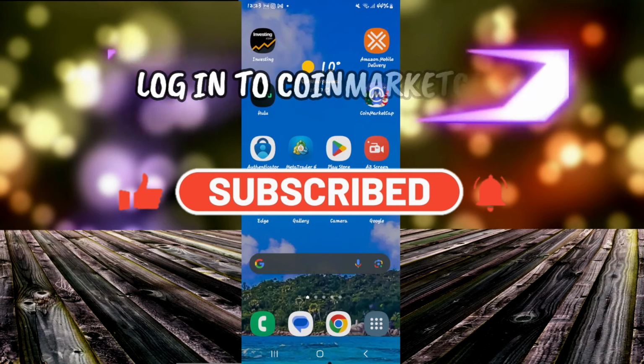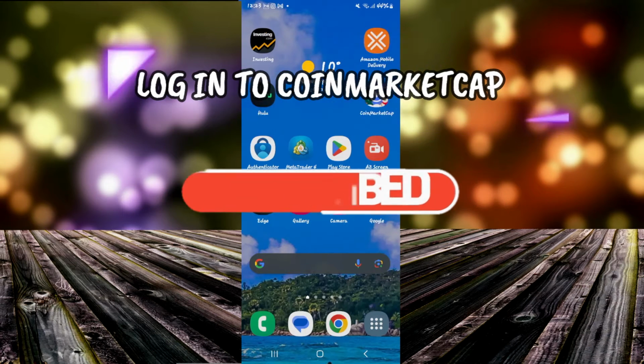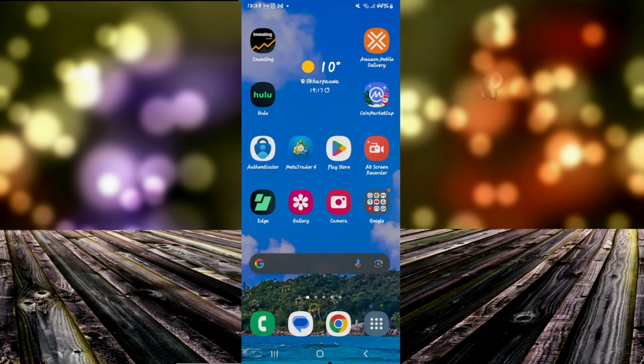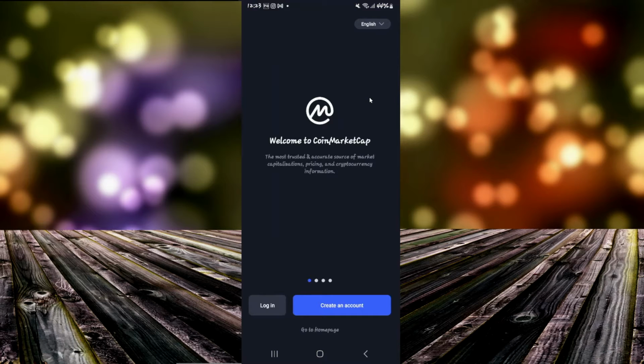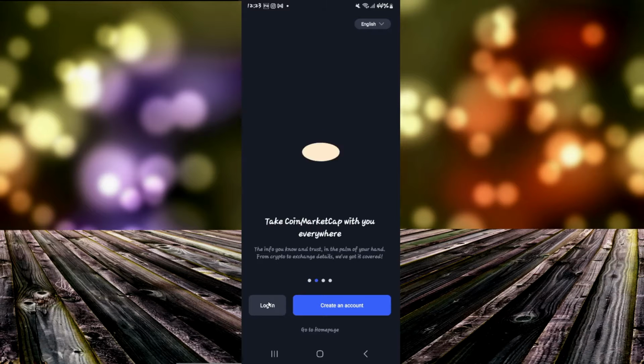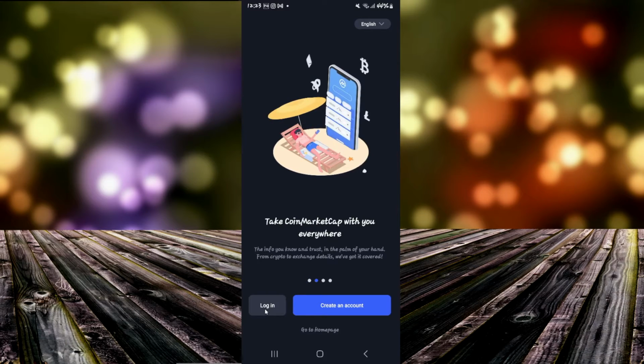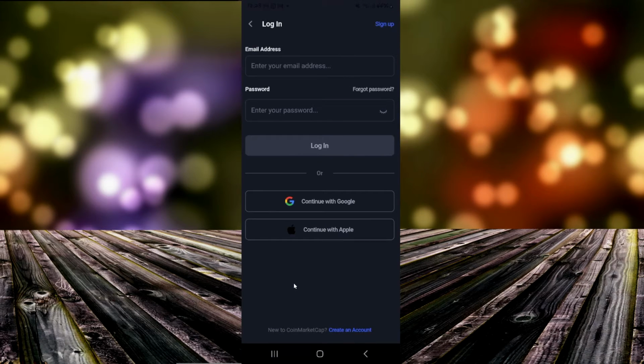In this video, I'm going to show you how to log in to your existing account on the CoinMarketCap application. So let's get started right away. First of all, open up the CoinMarketCap application on your device. And once you open it up, you will be able to see the login as well as create an account button. To log into your existing account, tap on the login button and you will be taken into the login